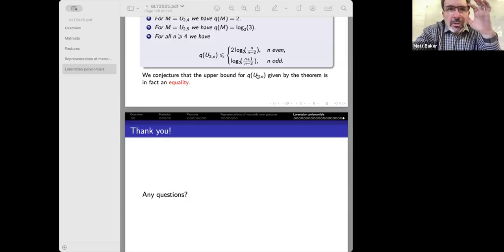Yeah, I mean, what I've said here is somewhat specific to this Lorentzian setup, but in principle, I've been working with some collaborators and students on thinking more about Mnëv's universality theorem from this point of view. And I think we can say, hopefully, at some point, some new things from the point of view of foundations, where you're trying to show that spaces